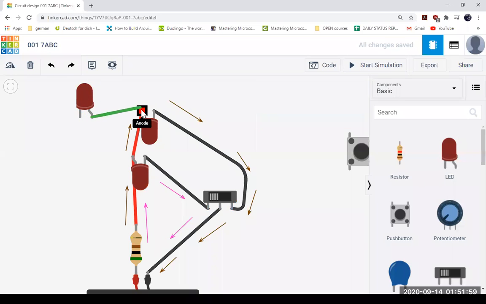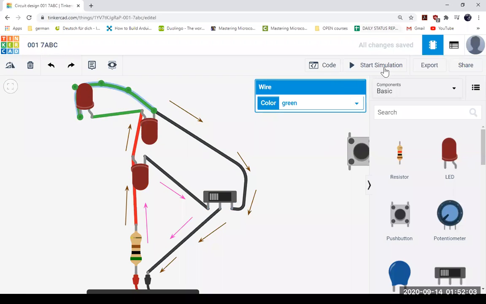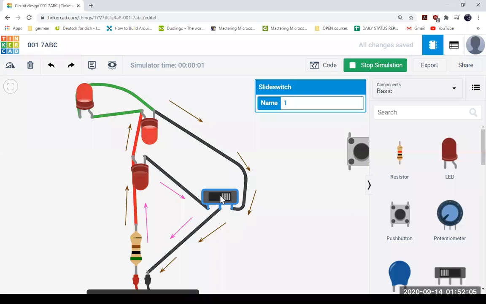Anode means plus. Okay, so I have connected it here. Now this is here. So what will happen? Now you can see in this state two LEDs are turned on because I connected it in front of the same one, right? So it doesn't matter what I connect, both will be turned on. So you can connect different kinds of LEDs together and try to change between the states. Okay.